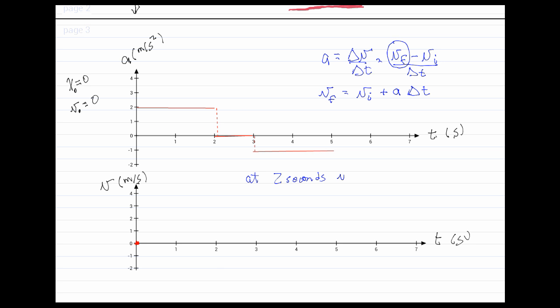our velocity should just be the product of the acceleration times time, which is 2 meters per second squared, times our time interval, which is 2 seconds, and what we get is 4 meters per second. So we go from 0 all the way to 4 at 2 seconds. So that's this point right here. And we can plot that